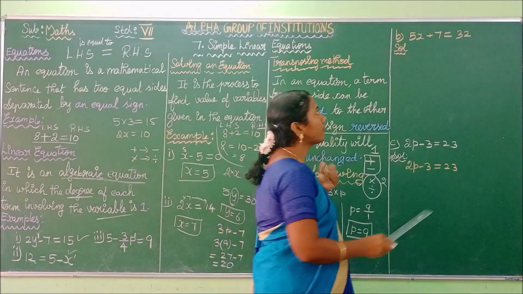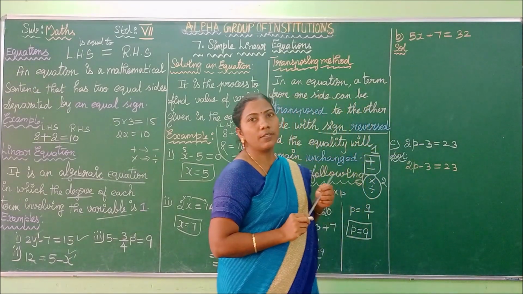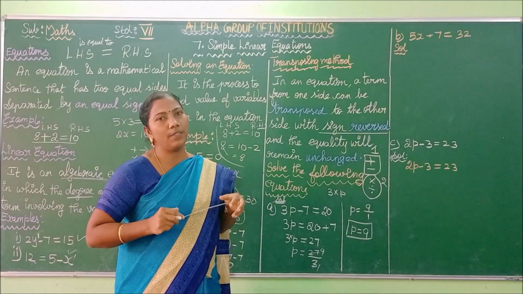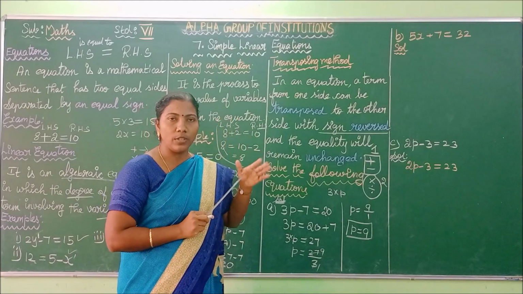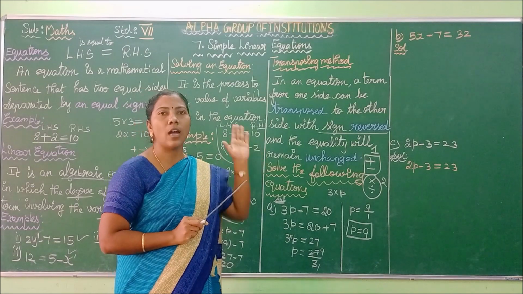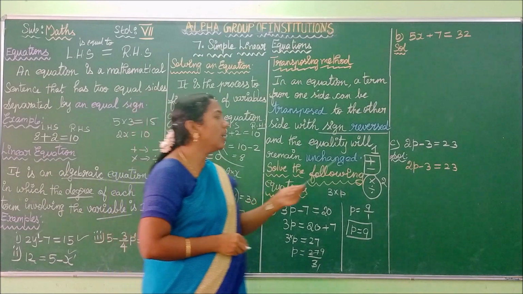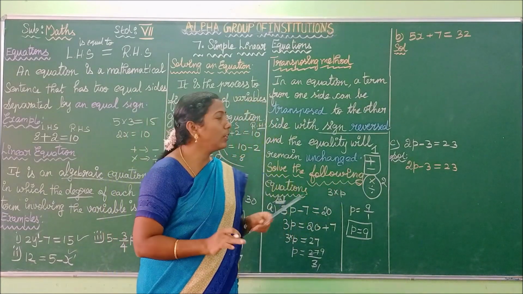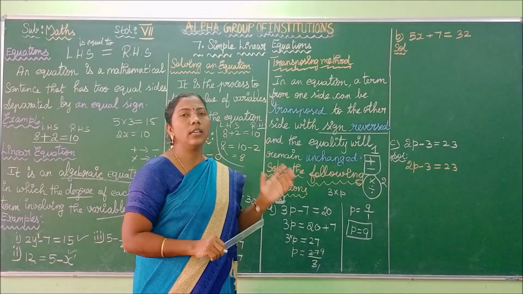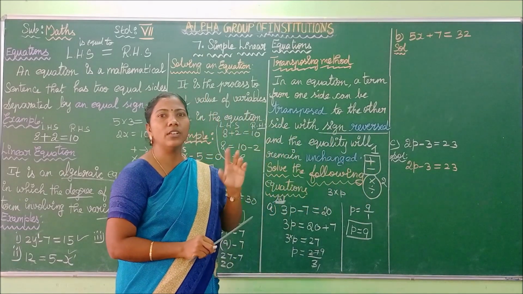See the B sum. 5x plus 7 equal to 32. Which is the variable here? x. So we have to find the value of the variable. In order to find the value of the variable, we have to make the variable free. For that we have to send all the terms along with the variable. First step, you have to send the terms which are in addition and subtraction. After that, you have to send the terms which are in multiplication and division. While you send the term from LHS to RHS or RHS to LHS, you have to reverse that symbol.